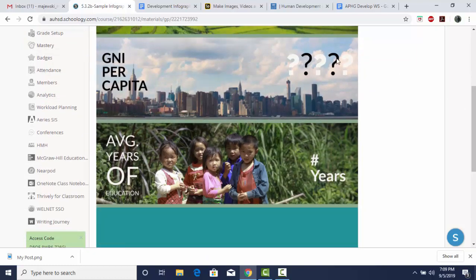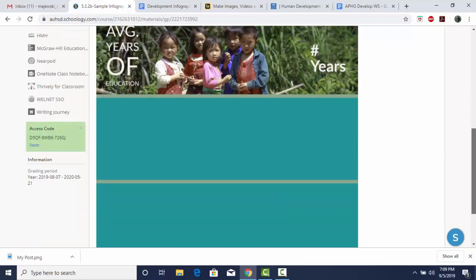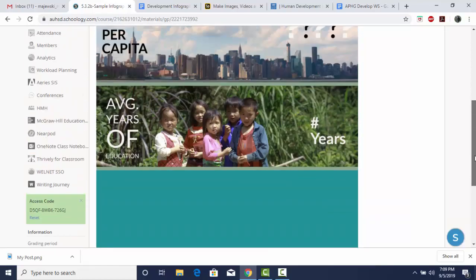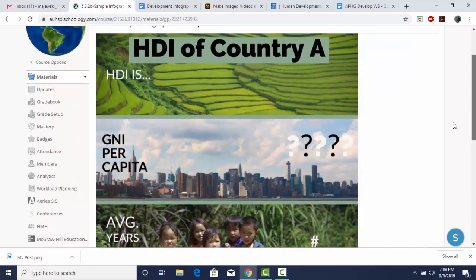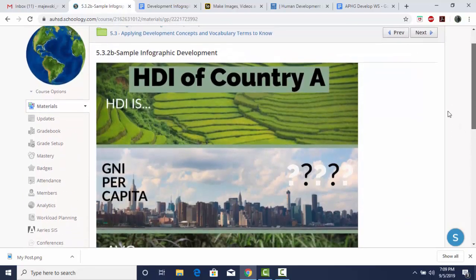GNI per capita, I'm going to put the number there. Average years of education, I would put the number there. Right? You have the freedom to choose whatever format you want, but try to personalize it. Try to make it look unique. And then you're not only going to do one for country A, you're going to need to do one for